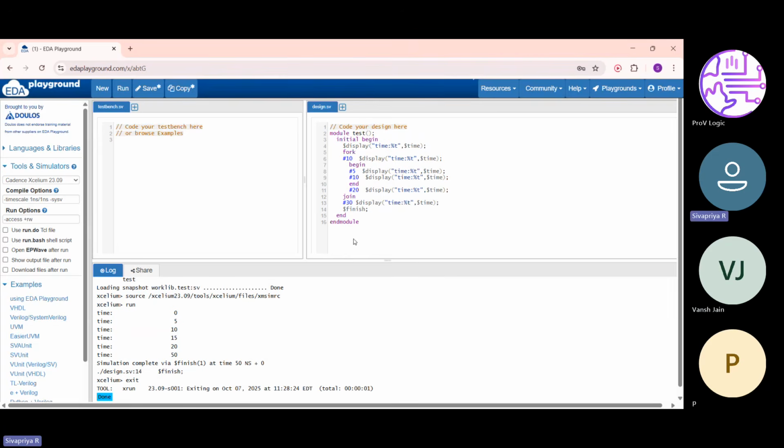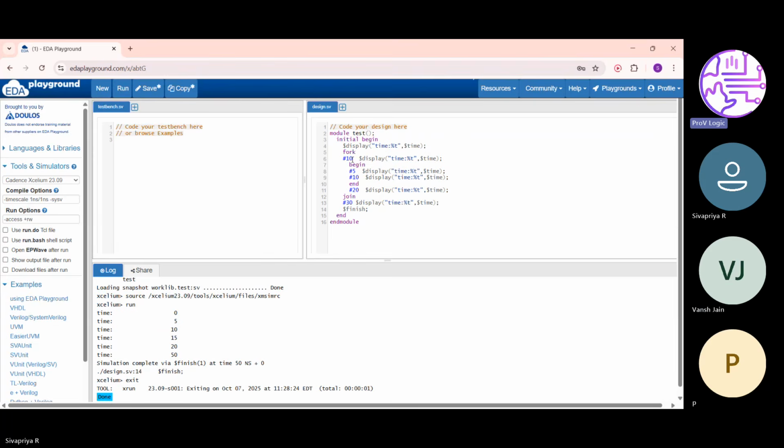This begin and end together is 15. That means how is it executing? Inside begin end, what is the flow of the code? Will it work parallelly or sequentially? Sequentially. So the complete begin end will run sequentially. Whichever has the least delay will complete first, so 5 will be executed first.